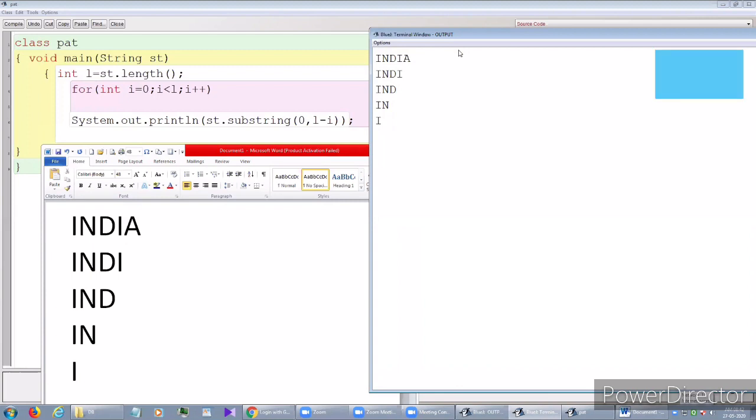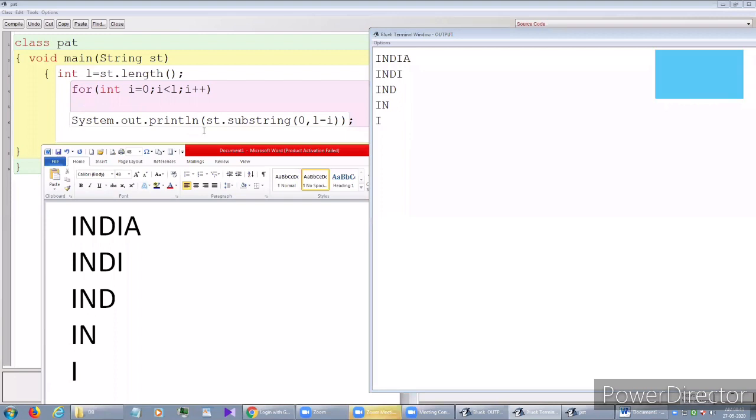Akash, any doubt? Sir, why L minus 1? Because it's not L minus 1, it's L minus I. Oh, sorry. Understood, Akash? Sir, because the things are small now, that's why I can't see properly. I can understand, sir. You can zoom your screen also. Oh, okay, sir. Thank you, sir.